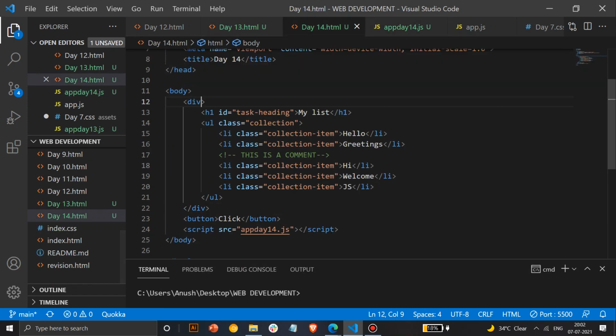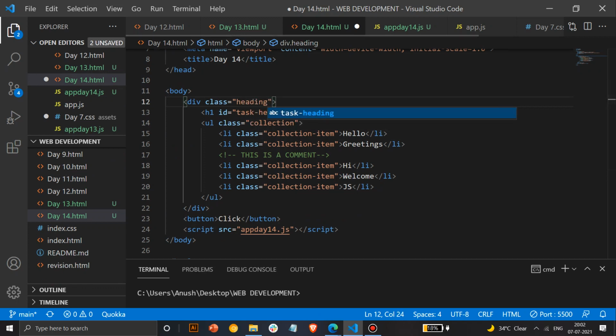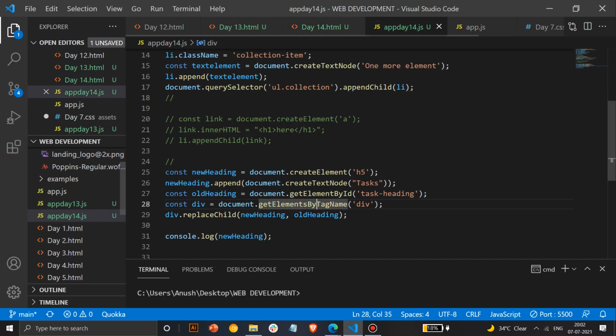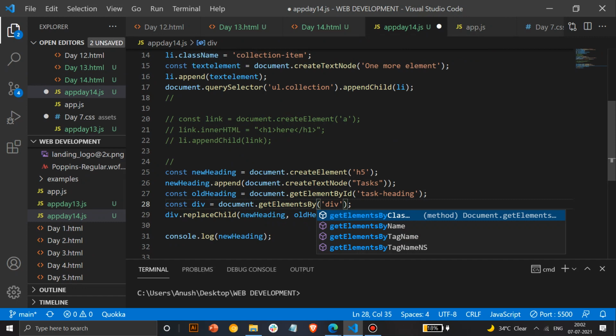I'll add a class then. Class heading, and then I'll try accessing it. Div, document dot get element by class or by query selector.